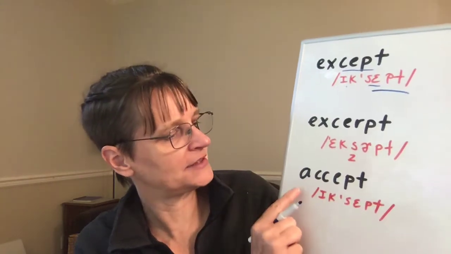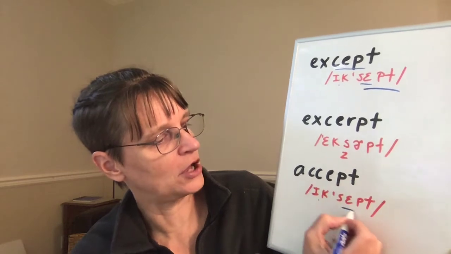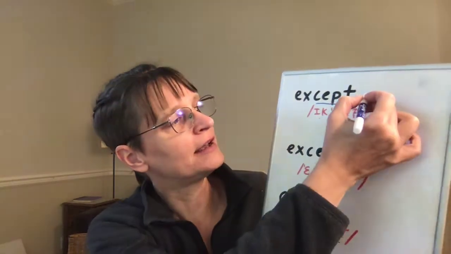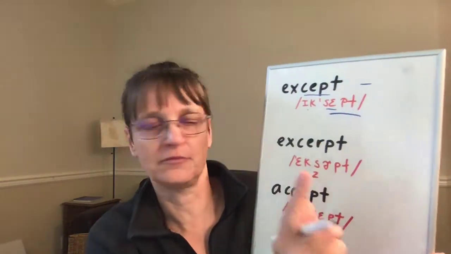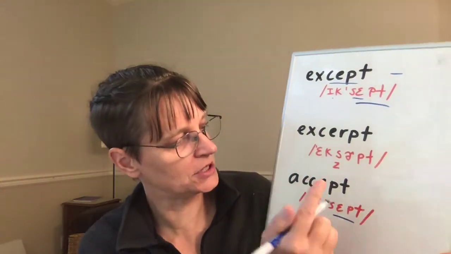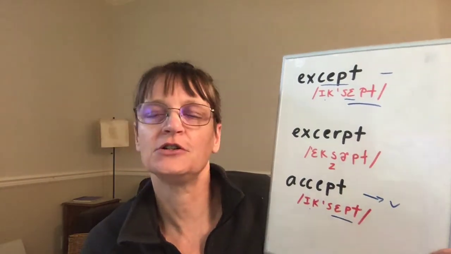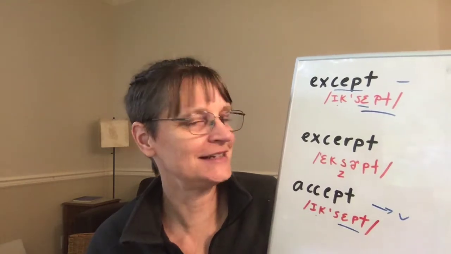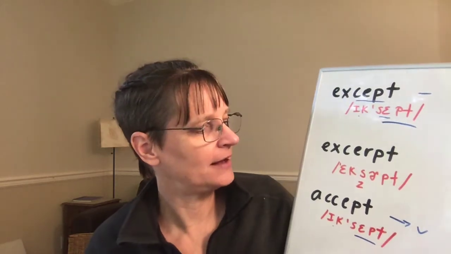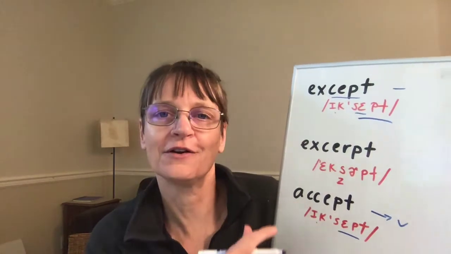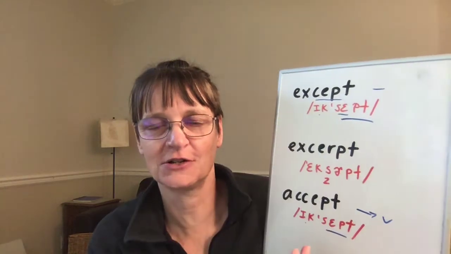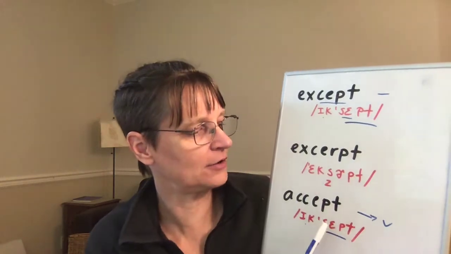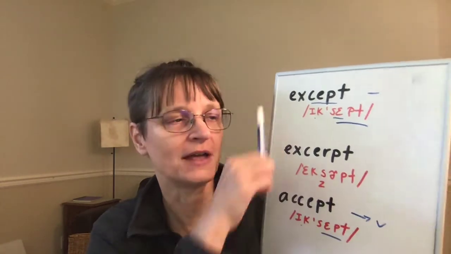Then if I look at this accept, it's exactly the same. Short, long, same IPA, you can see the same pronunciation, different spelling and different meaning. So this one is the except one, or the exception, and this is the verb to accept something. So we all have had to try to accept COVID-19 and the changes that it's given in our lives. Okay, so that's one thing where you'll see people using the incorrect one. You won't hear it because they sound the same, but in writing they may be using the incorrect form because they sound the same.